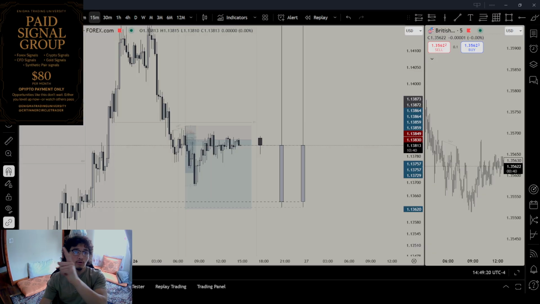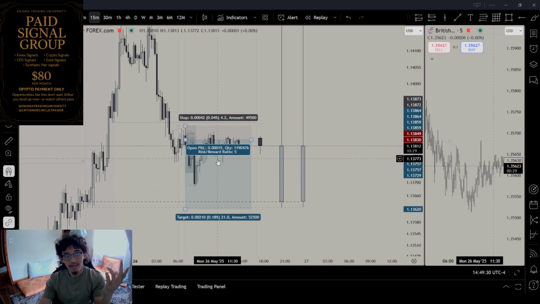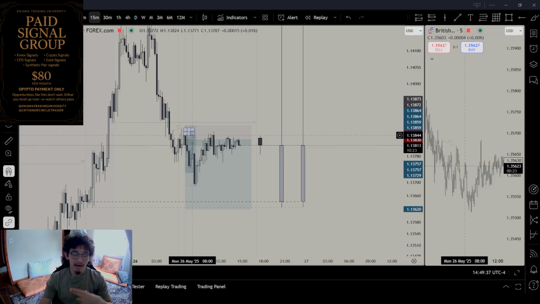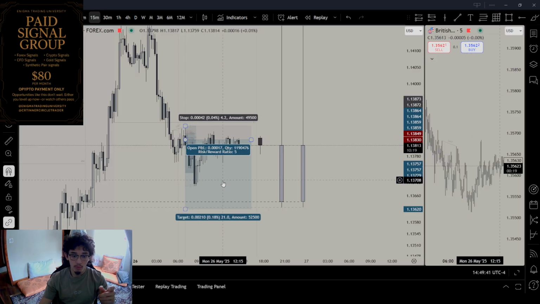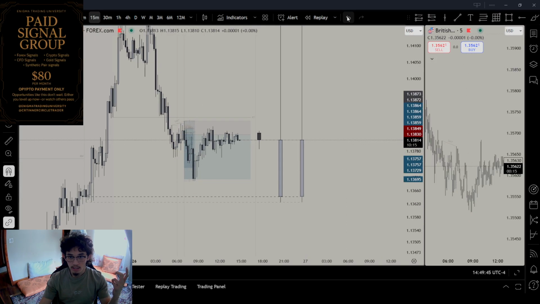We got a paid signal group right around here. You could participate. The signal was given to the paid signal group as well as the Discord signal. This was given out. I made nothing, but this is where I entered the trade over here. After the trade, it's your position. If you take the same signal as me, cool. Now that's your position, you can get out wherever you want. We're up 3RR here, so you could have cashed out at 3RR or 2RR or whatever you like.